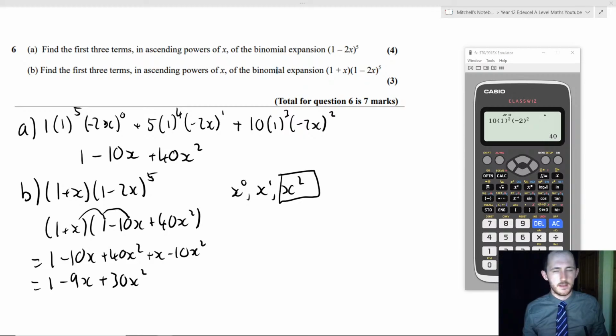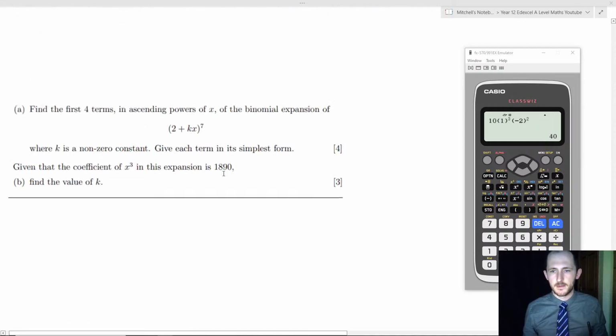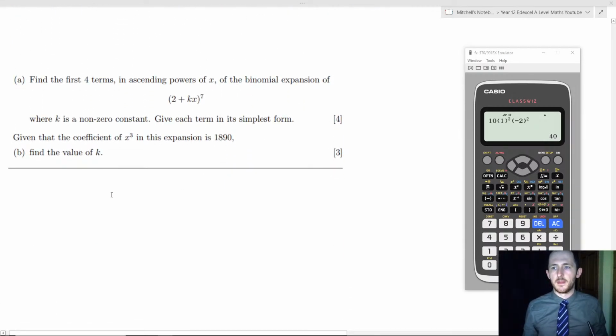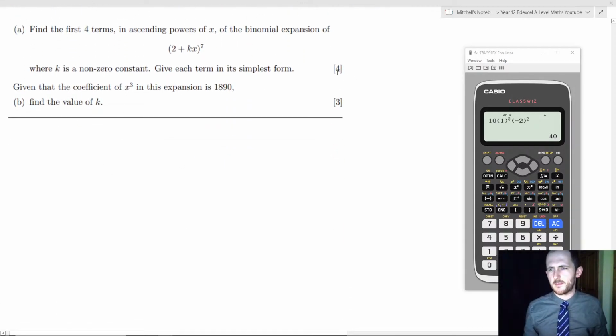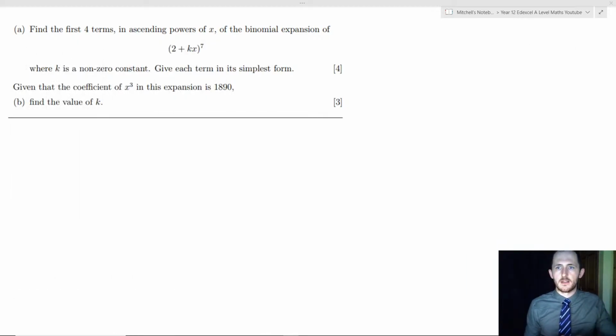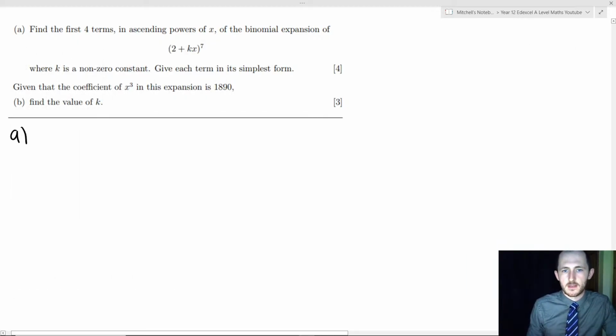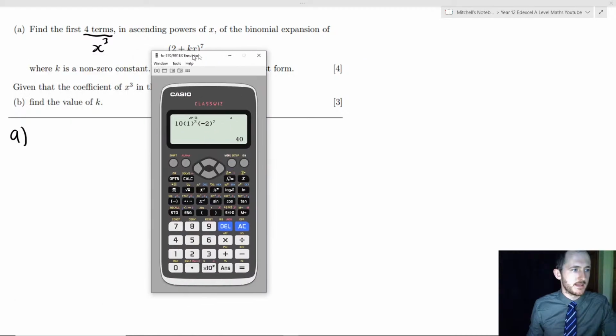Okay, let's do another one then. So, again, don't be afraid, don't be weirded out by the fact that the marks look a bit weird. This is actually from the old spec, but keep in mind the old spec still has all of the same stuff in it. If you look, this question looks exactly like our other questions, right? So let's do it. Find the first 4 terms, so that means we're going up to x cubed of this expansion. So what we do is use the nCr button